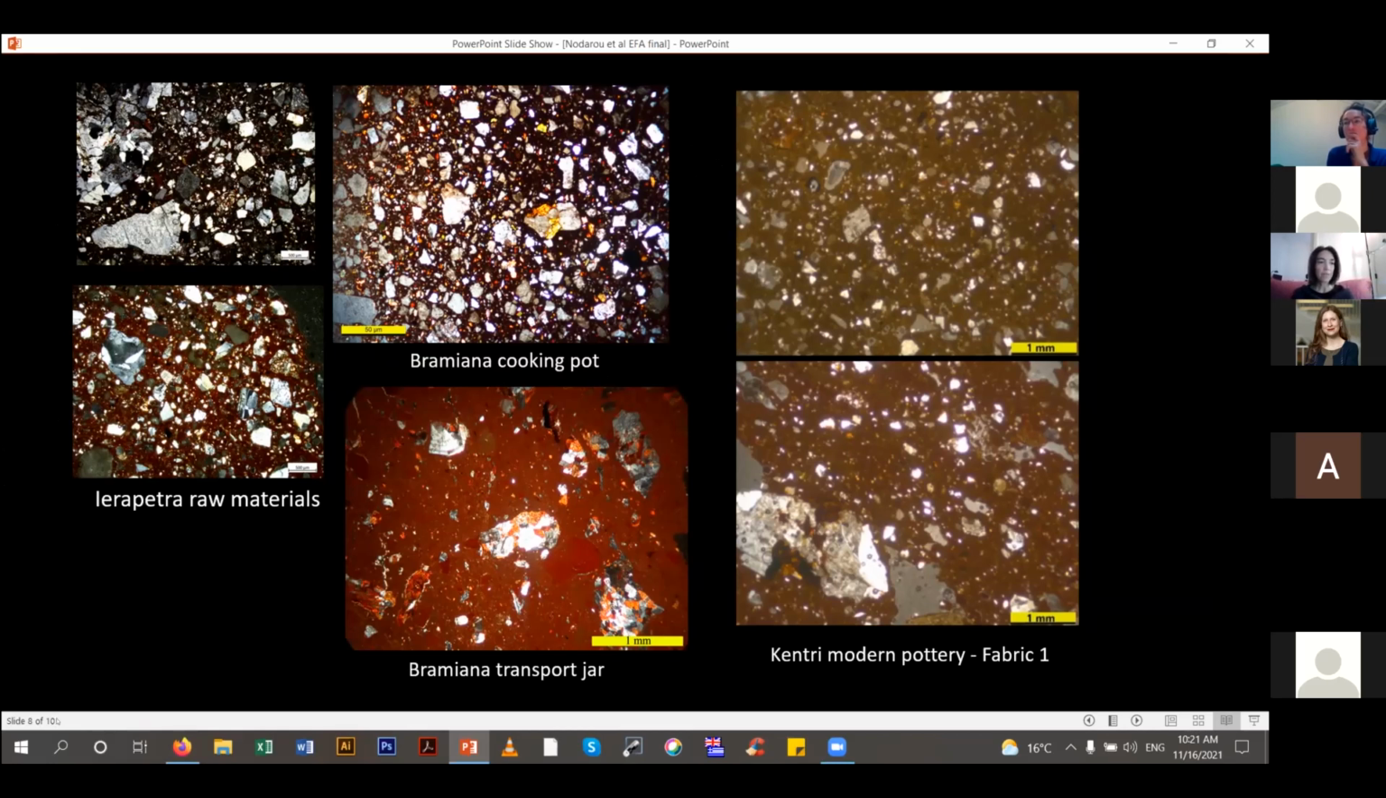Regarding the Minoan jar fabric, which is the Brammiana transport jar down here, its matrix is almost always very fine, possibly refined through sieving or levigation, and the non-plastic inclusions were added as temper. This is a very specific recipe and is rather different from Ierapetra's raw material, as it is much richer in diorite. Going back to our initial statement that a pot is not a rock, there cannot be direct comparison between